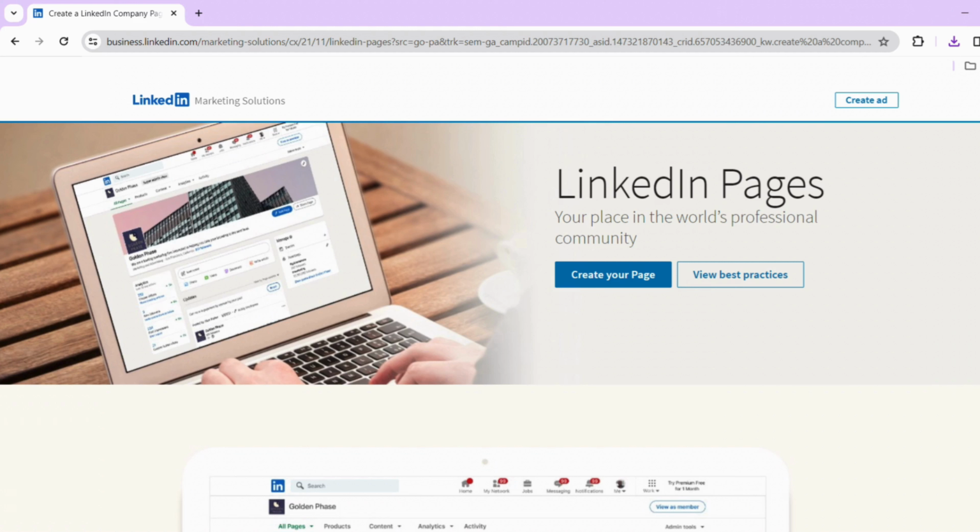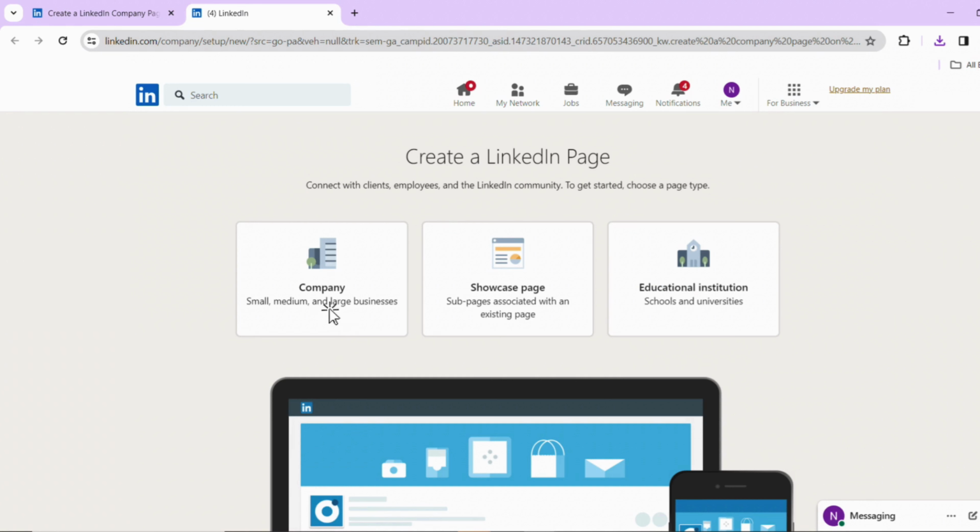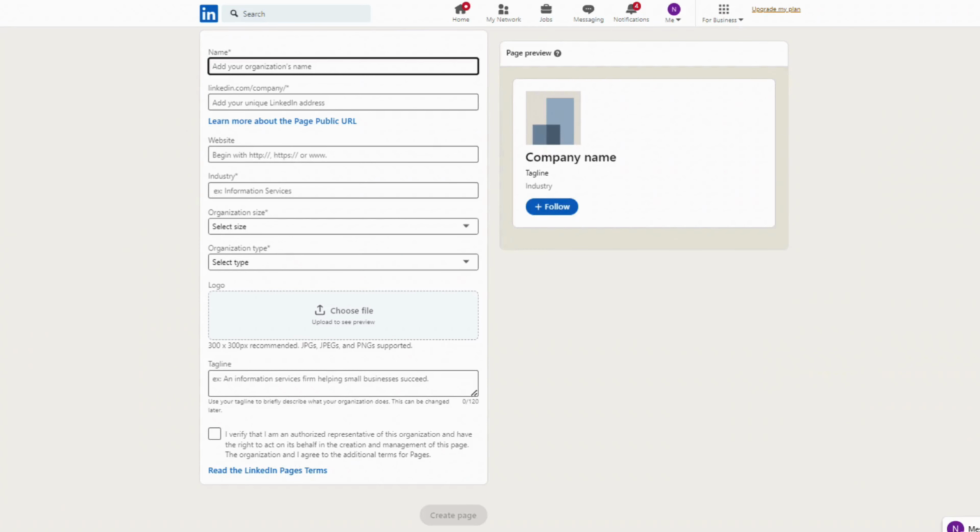So first things first, make sure you're logged into your LinkedIn account and navigate to business.linkedin.com. Now, once you're there, spot the Create Your Page option, just give it a click and a menu will pop up. So go ahead and click on the Create a Company Page option, and here comes the fun part, filling